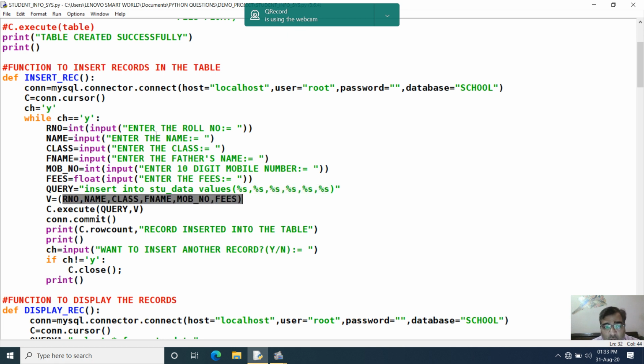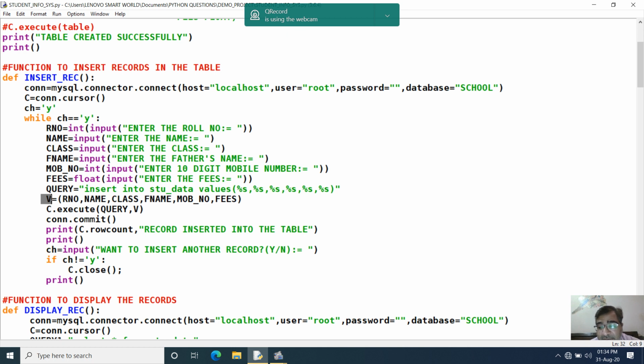All these values that you have inputted, these placeholders will get replaced by those values correspondingly. Now these values I have taken in bracket, I have created a tuple, because in Python with MySQL, whenever you run the records, they are shown in the form of tuple. I created the tuple and I assigned the tuple to a variable v.